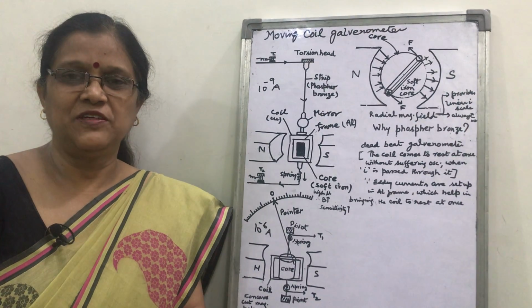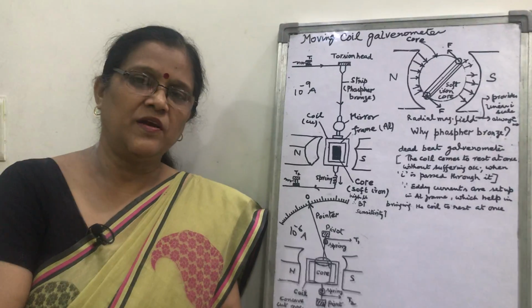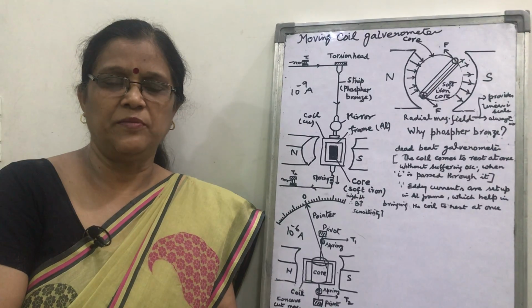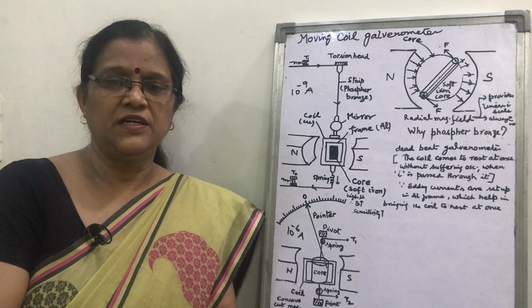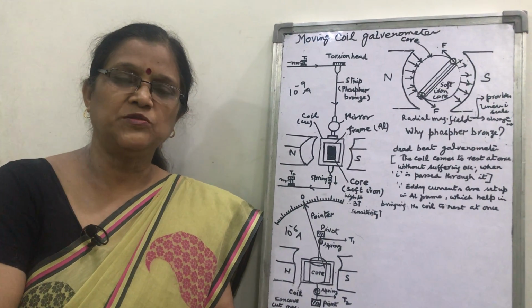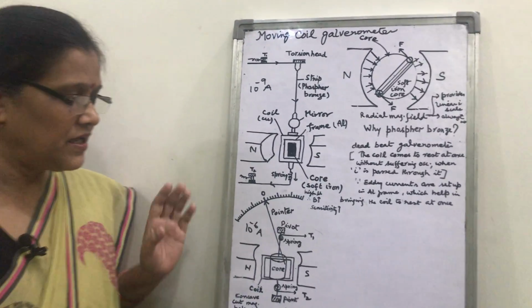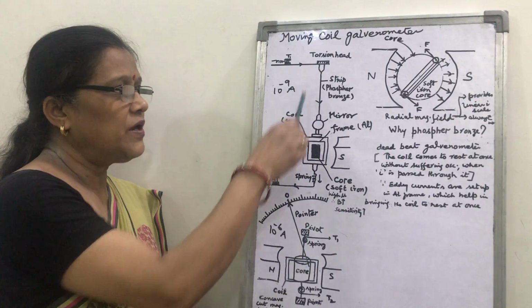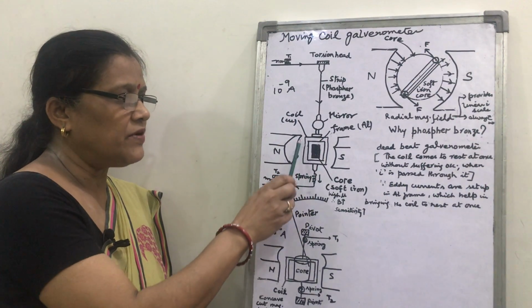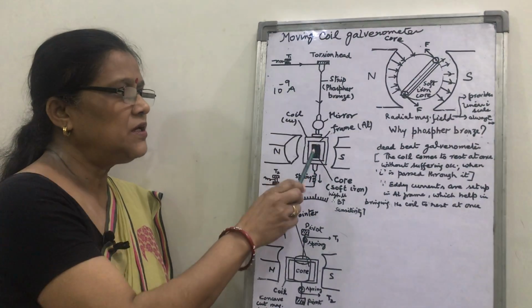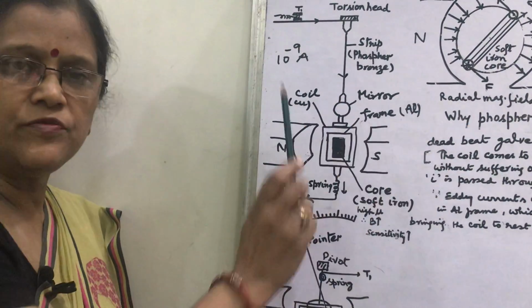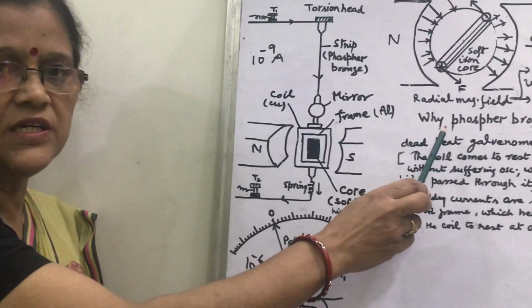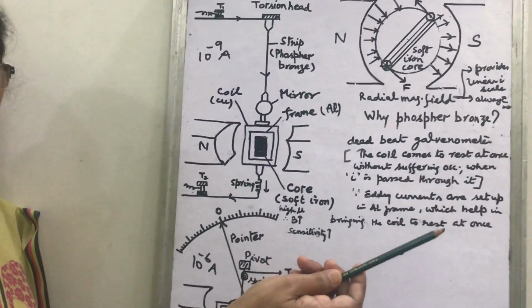We have discussed in the previous video regarding the moving coil galvanometer, and we have seen the suspended coil galvanometer and the pivoted type galvanometer, which is also called Western. Both are moving coil galvanometers. We have seen the various components, principle, working and so many things. It is shown here again that in this suspended coil galvanometer, the coil is made of copper wire, suspended through a thin strip of phosphor bronze. Why phosphor bronze? We have discussed that its torsional constant is less, so that current sensitivity can be increased.